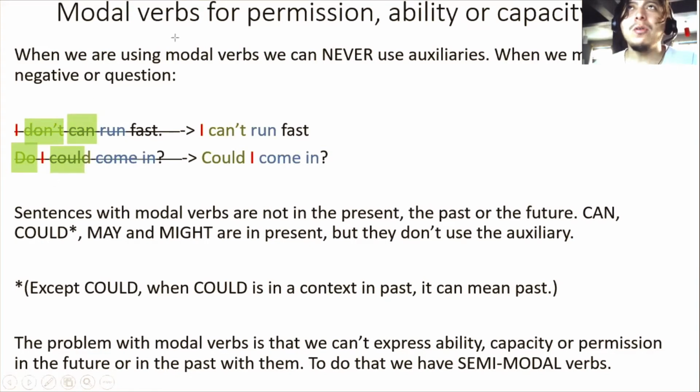So how do you communicate the idea of ability or capacity or permission in the future or in the past? How can you do that? Well, if you want to do it in the past, there is one way with the modal verb could. You can say, "I could